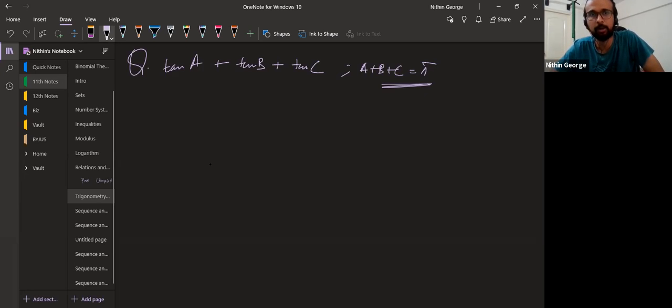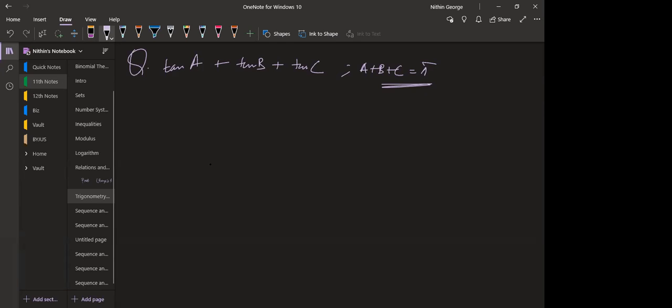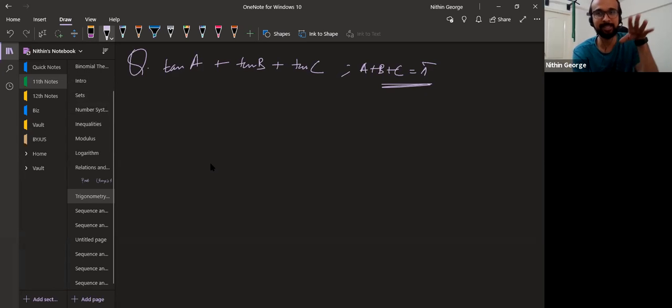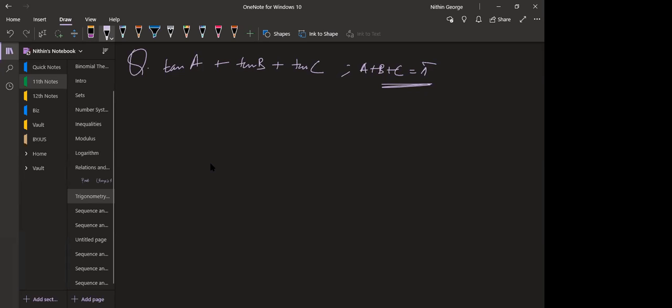So similarly, this tan A plus tan B plus tan C, what can you do? Write it as sine by cos, and then take LCM. No, that I wouldn't suggest because it can turn out too cumbersome. Like this is sine A by cos A, so everything will be divided by. So this first term will be multiplied by cos B into sine C. Second term will be multiplied by cos A into sine C. So that I wouldn't suggest is the best method.